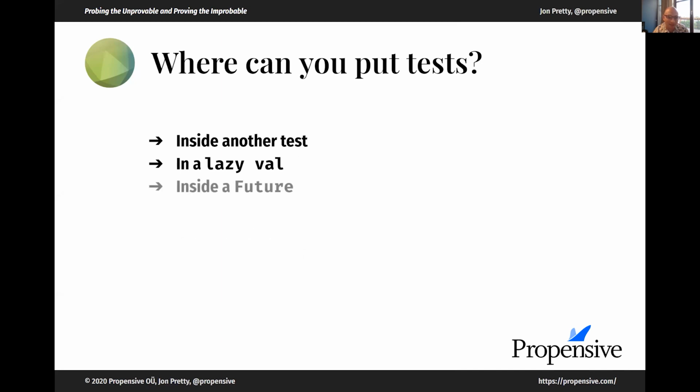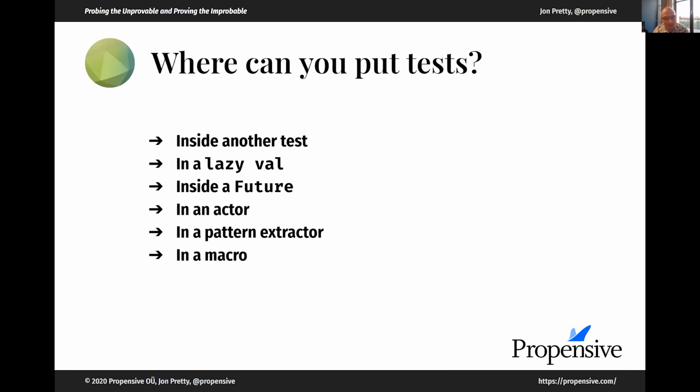You could work out when that lazy val gets evaluated. You can put one inside a future. So if you want to run tests in parallel, you can put them inside futures. You can put them inside threads and dispatch them to some sort of execution context. You can have them in actors, or in the extractor for a pattern if you want to do something really interesting. You could even have them run at compile time in a macro and have that macro also print out the result of the test when the macro is running. You can put them anywhere you can put a print line.